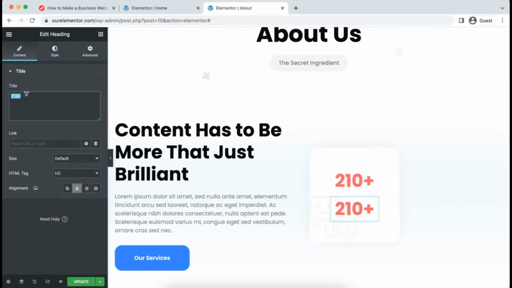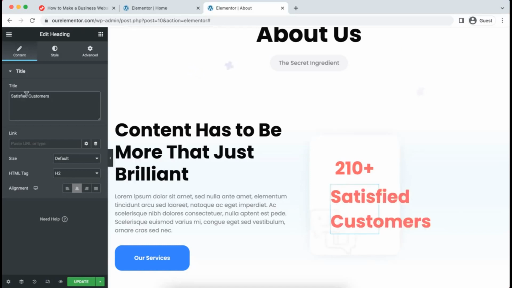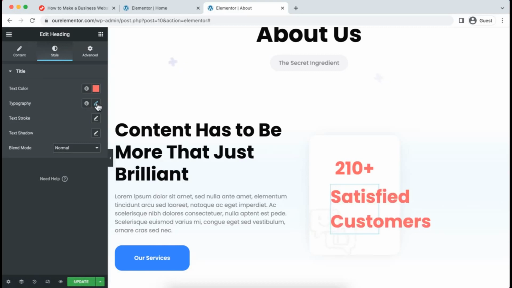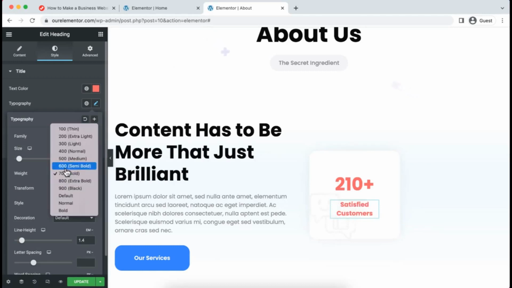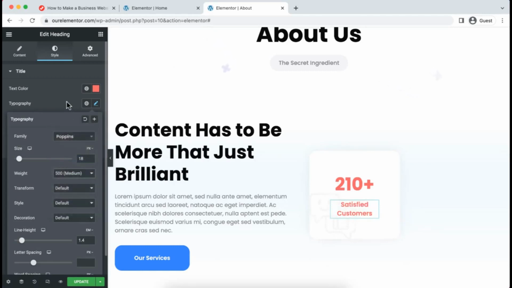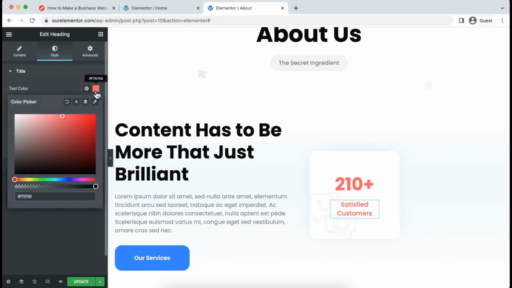Then underneath I wanna add another heading, so we can just duplicate this heading, and here I just want it to say satisfied customers. And of course we need to reduce the font size, so go under style tab. From here, from the typography, I'm making its font size to 18 pixel and font weight to 500. Then let's change its color to